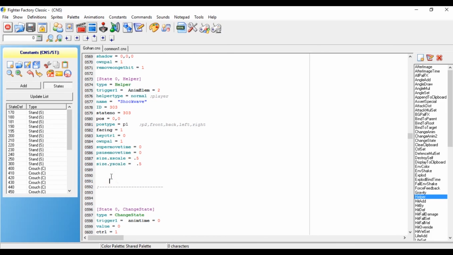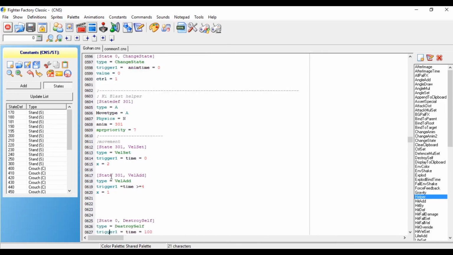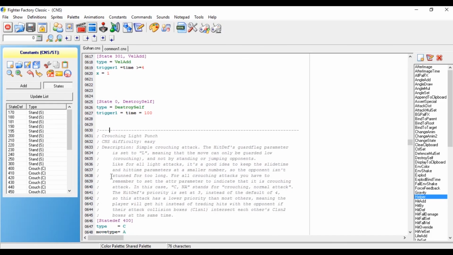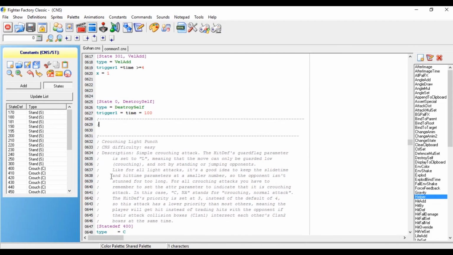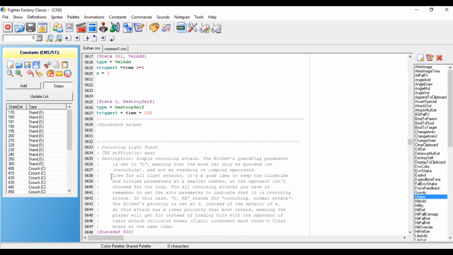Now after I do that, I'm going to go down below the key blast helper, and I'm going to make another partition right here. And underneath it, I'm going to name it shockwave helper. Now underneath that, I'm going to add some brackets, like so. I'm going to make it state def